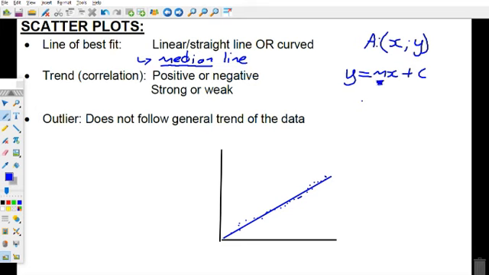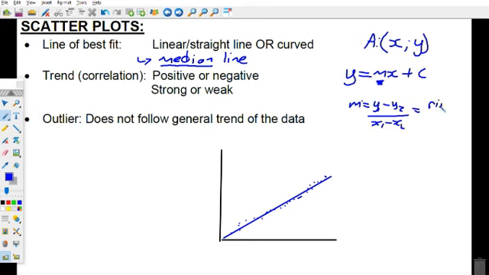If you have a positive gradient or negative gradient, do you think this line of best fit is a positive gradient or negative gradient? It's a positive gradient, okay? Do you think this is strong or weak? Well, we don't know. But if we can find what the gradient is, do you agree? What's the way we can find gradient? Two ways. Rise over run and? There we go. So gradient is equal to y1 minus y2 over x1 minus x2, or we can